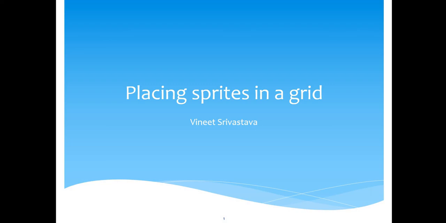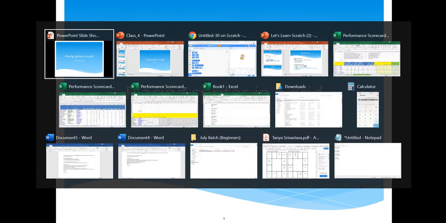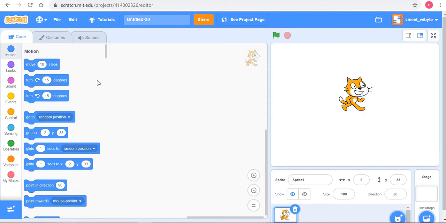Hello everybody. In this video, I shall teach you how you can place sprites in a grid. For this purpose, let me start a simple new project and introduce a new sprite. So I shall remove my cat sprite, right? And